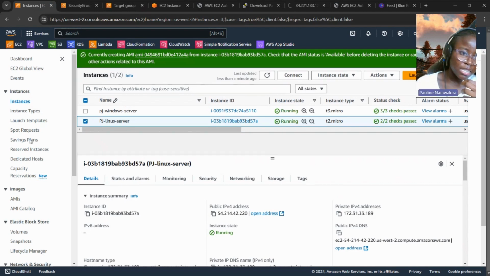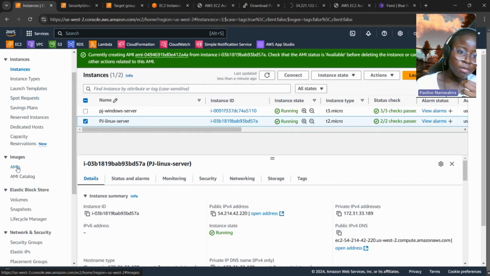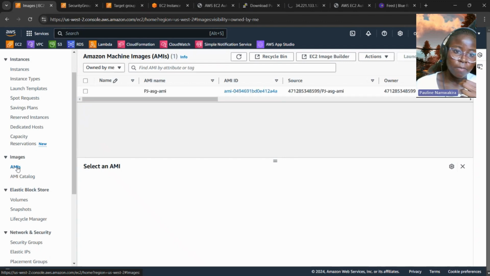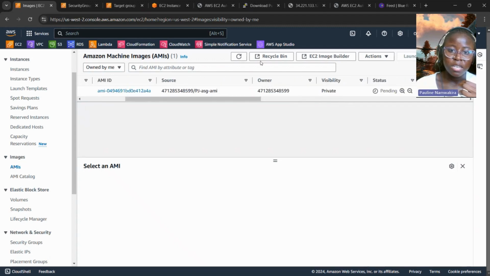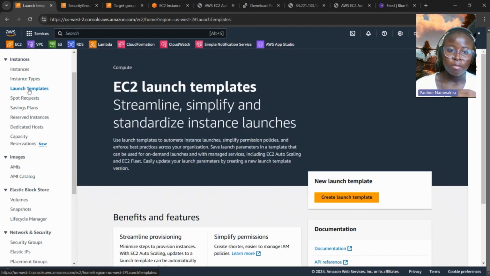So it's currently creating. I can go to images, look at the AMIs, and I can see the AMIs owned by me. So this one, it's a private AMI. It's still in the pending state. And now I want to create a launch template using that AMI. So create launch template